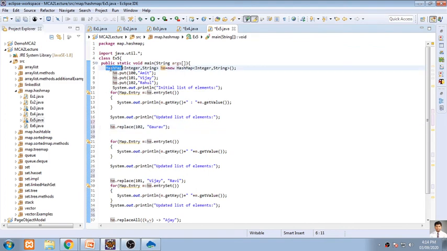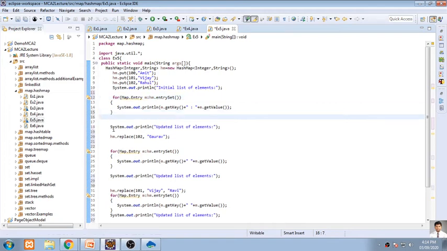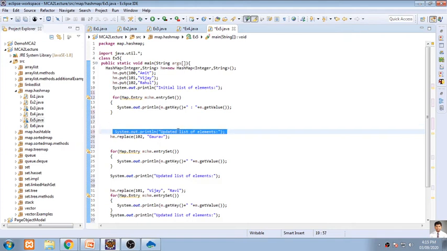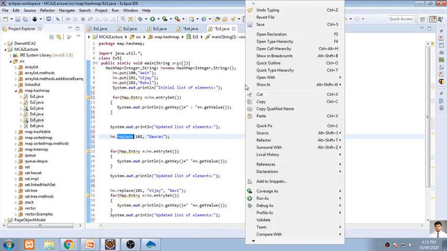A simple program, same hash map with the previously added three elements, that is 100, 101 and 102. We have displayed those using map entry, simple code. Now we are using an updated format for executing. What I am doing is replacing 102 from Rahul to Gaurav. The name of the function is replace. Put function is overriding, replace function is changing the values. So we'll get an output. We'll execute this one.